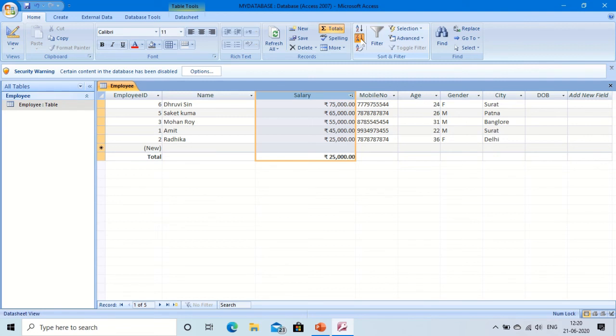You can apply it on the name also if you want to go in alphabetical order. So you can see, it's going to take the first letter of the name. Similarly, you can go for descending also. You can apply it on the employee ID also. So wherever you want to apply, just click and click on the sorting. You can see it's going to be in ascending order. So that is called sorting.